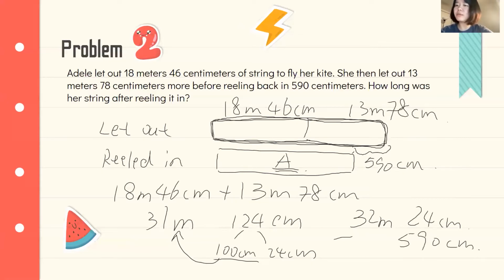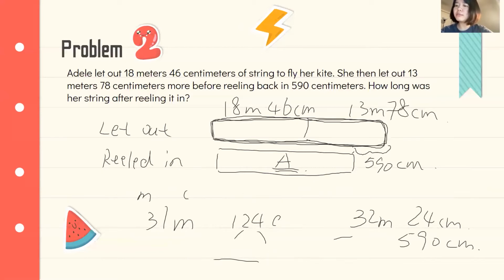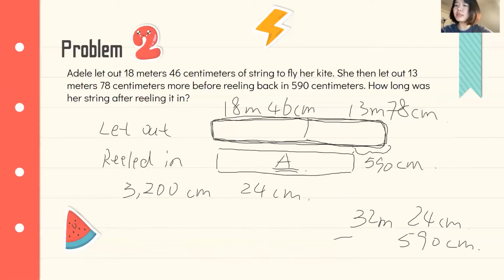Okay, and let me erase this part first. And I realized they don't have the same unit yet, so I will convert the first one to centimeters. We know 1 meter equals 100 centimeters, so we have 3,200 centimeters and 24 centimeters. Now we can directly add this in. So for let out, we have 3,224 centimeters and minus